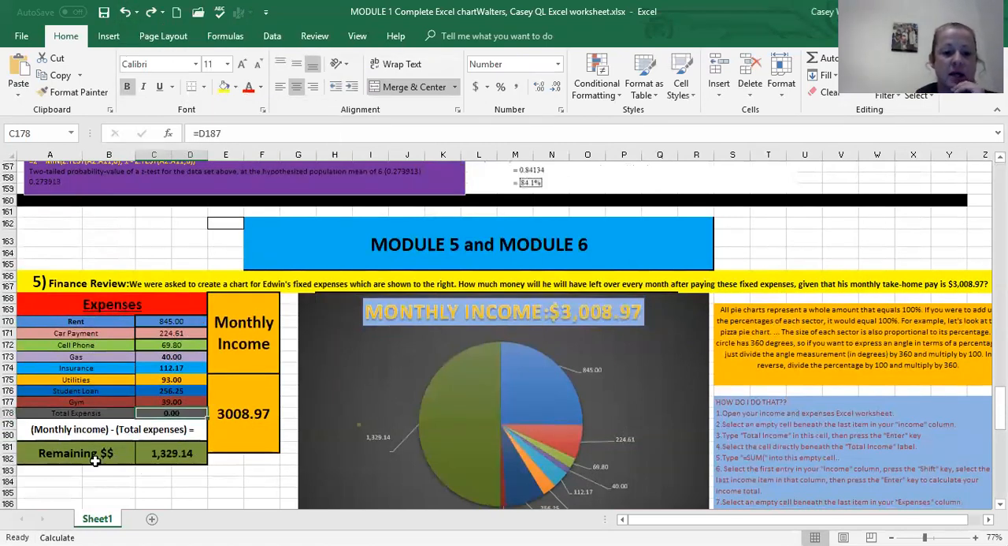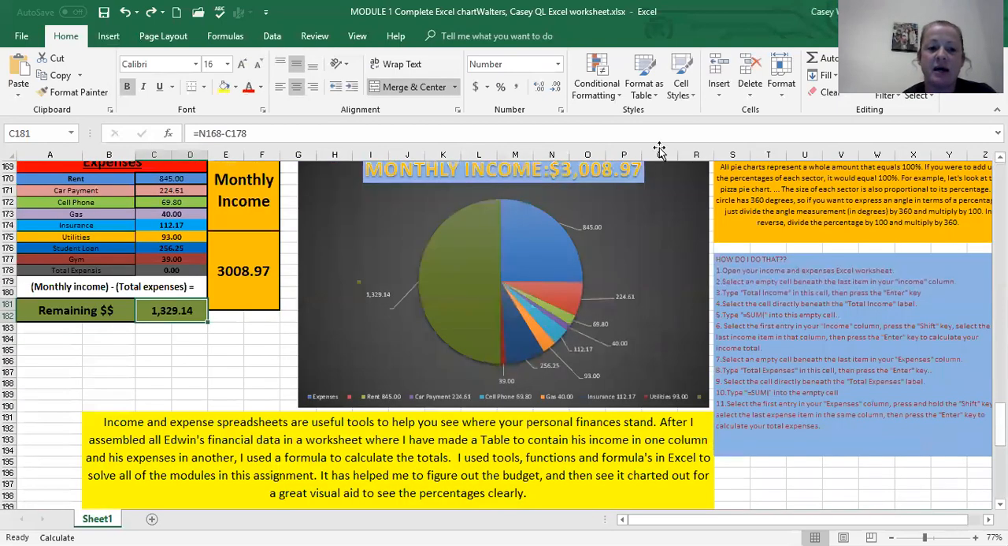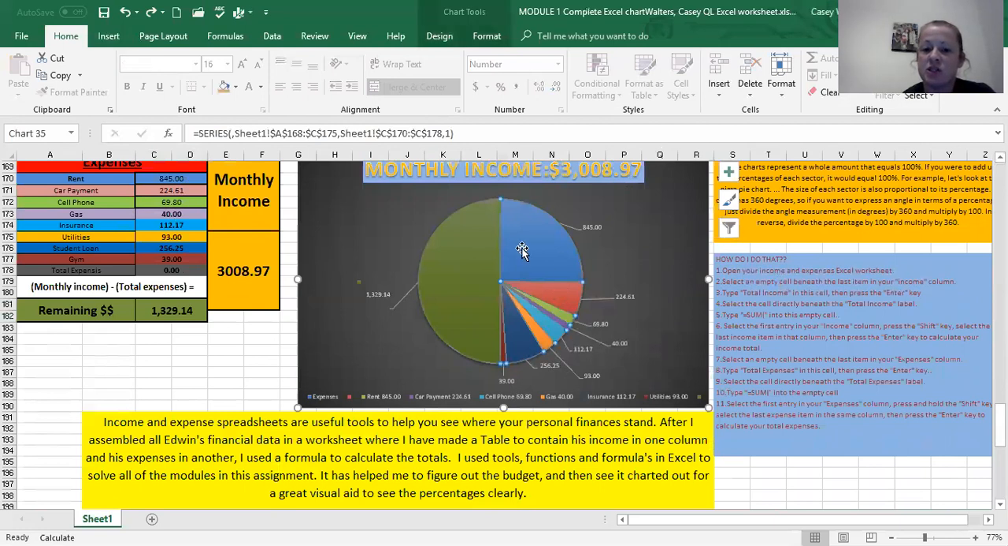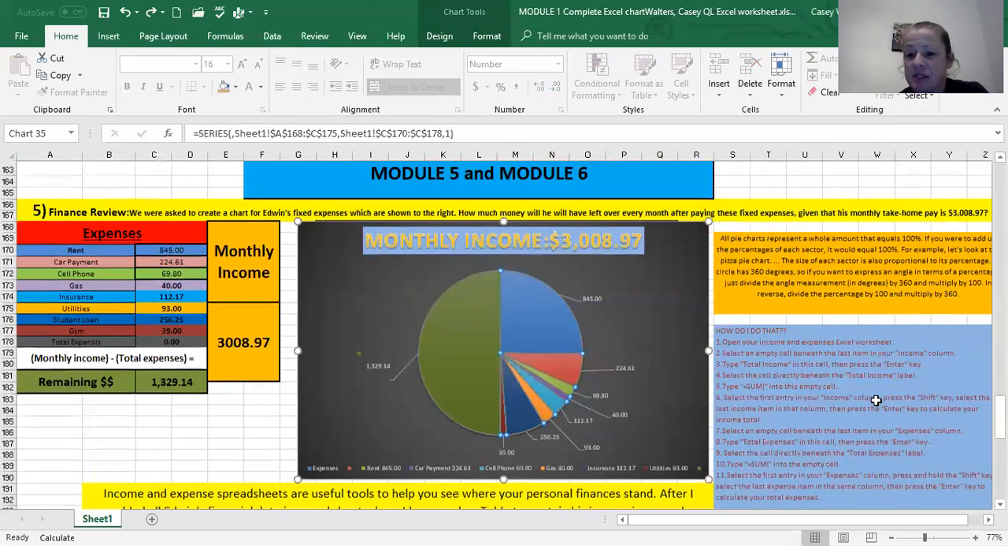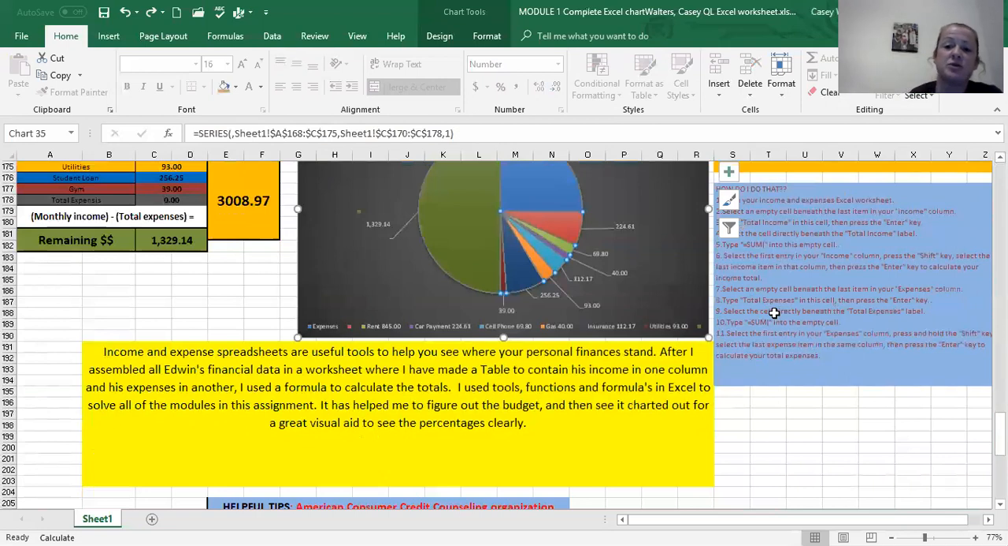And then his remaining balance is $1,329.14. And then what I did was I highlighted all of these cells, and then I went into insert and I made a 360-degree pie chart, and each of these sections represent this data right here, and then the percentage of the monthly income. And then over here, I have how did I do that? And it gives you the step-by-step instructions on how to make that budget yourself,